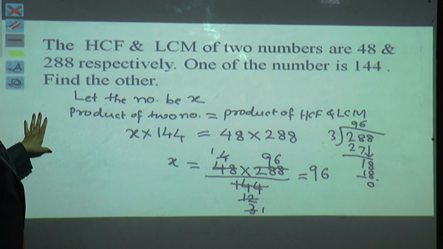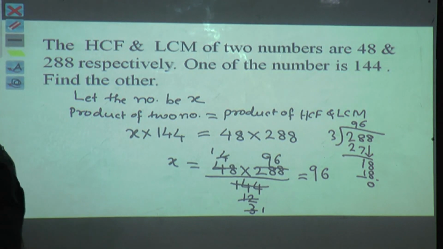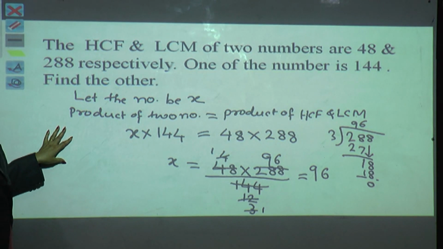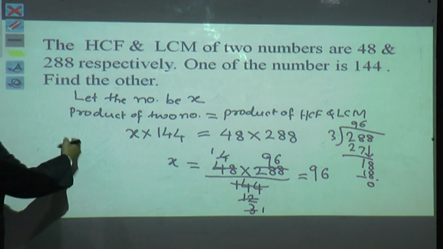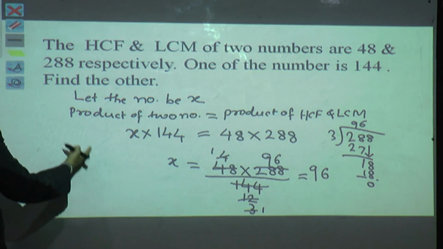The numbers were given to us and we had to find out HCF and LCM. Here HCF and LCM are given to us and we have to find out a number. I think everyone understood. We have a similar example. You can create your own example by finding HCF and LCM, and then go for finding the second number, that is, find the other number by writing one of the numbers. This is how, step by step, I have explained how to get the number.